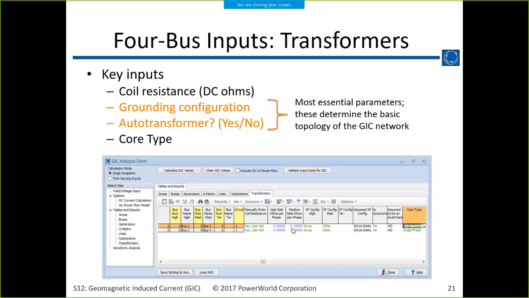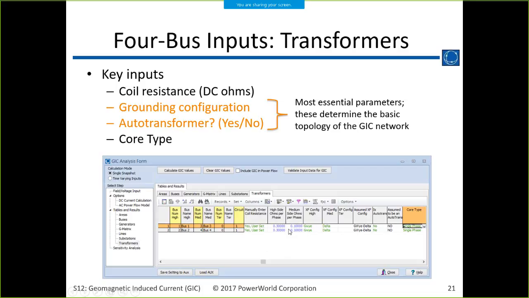For most transformers, the low side is going to be delta connected. Usually, if there is a tertiary in the model, we're going to assume that it's delta connected, so it's not as important to put in the parameters for that. But certainly anything that is grounded Y, you'll want to have the ohms per phase populated if possible.